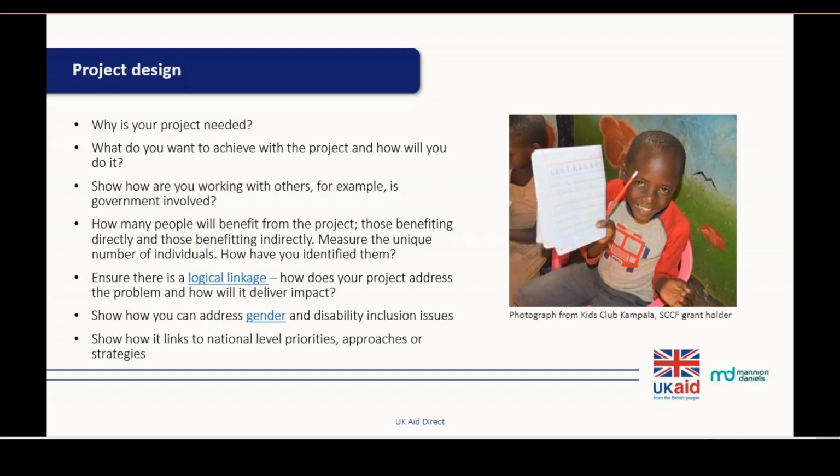The best applications are clear why they have selected a particular group, and again, do keep in mind DFID's priorities of reaching the most marginalised and vulnerable groups, and be clear about how you identified they were vulnerable and particularly marginalised. Applications often fall down by not always providing a clear link between the need and the intervention. And here it's about showing how appropriate the intervention is and how this will address the need and affect the change.